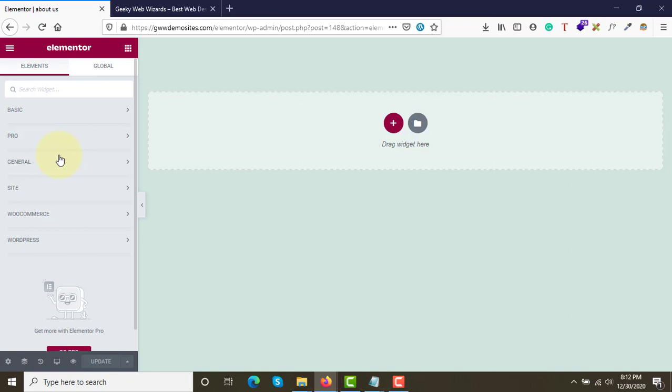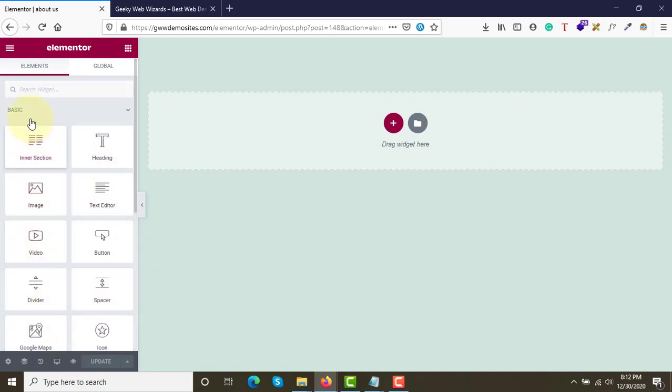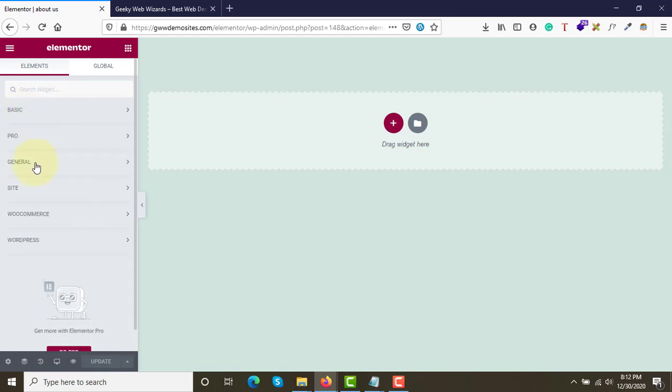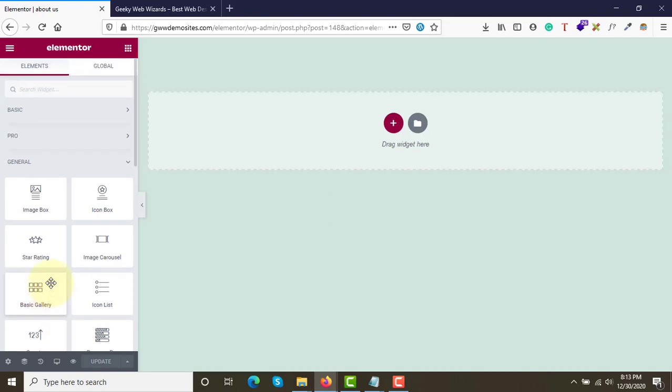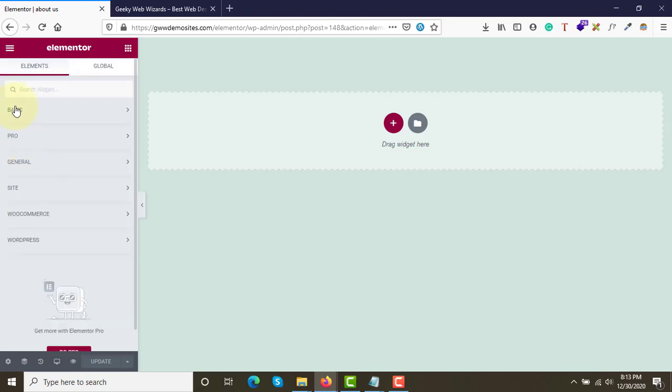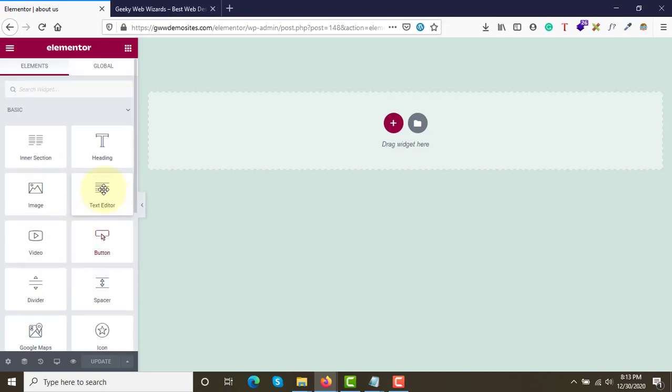With the free version, we get access to elements under basic and elements under general. There are around 20 under general, and under basics we have around 10 widgets, or you can say 10 elements.